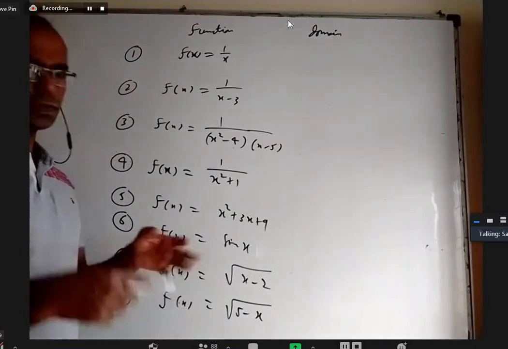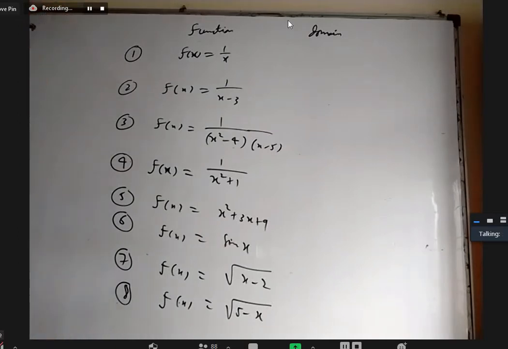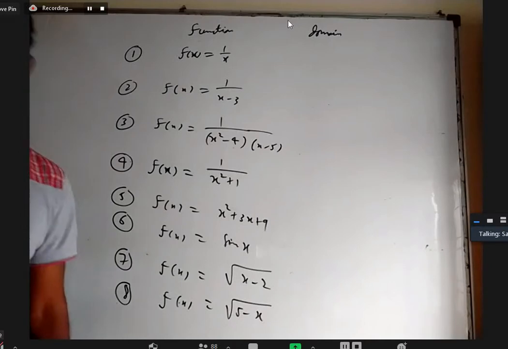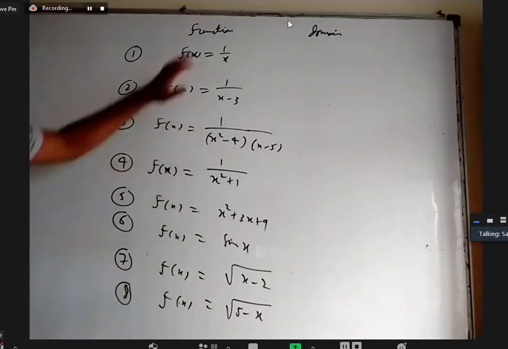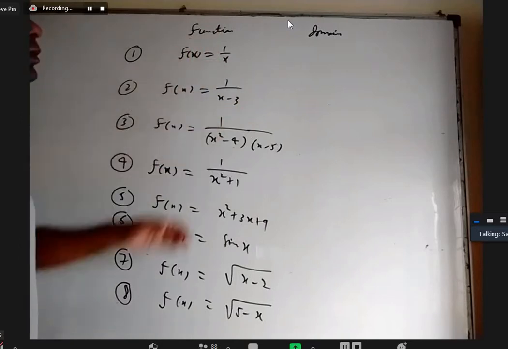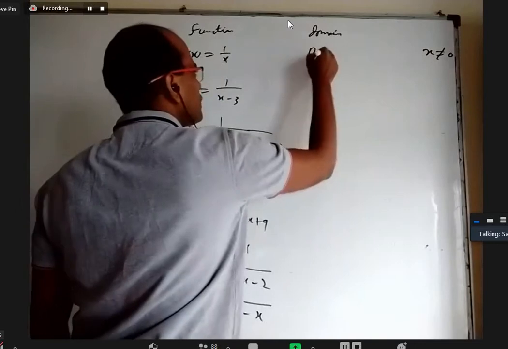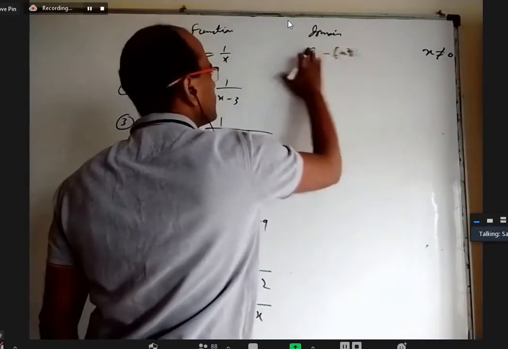Okay, so these are simple, you don't need any explanation, you can directly write the answer. Just try to think, can I tell one or two x values where this is not defined? This one is defined for any x value other than 0. Positive, no problem. Negative, no problem. The only condition is x should not be 0. So all real numbers except 0. That is our domain.